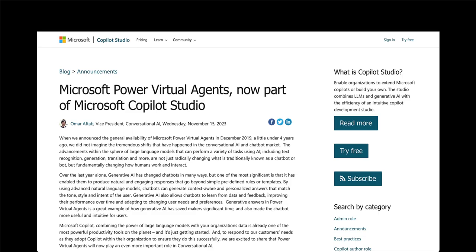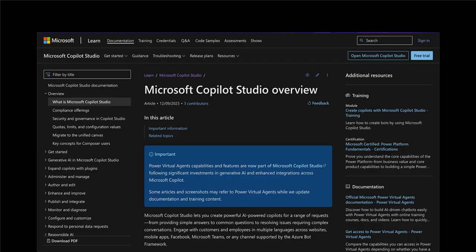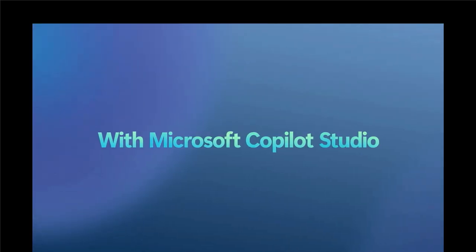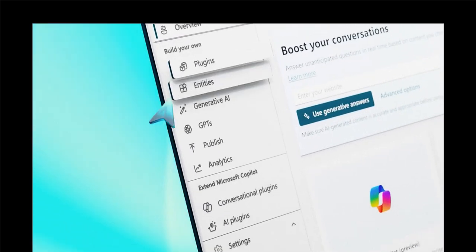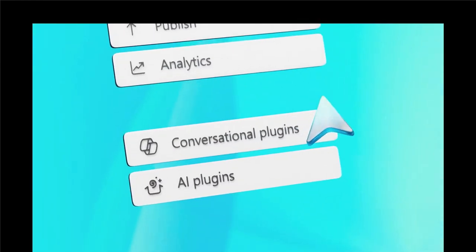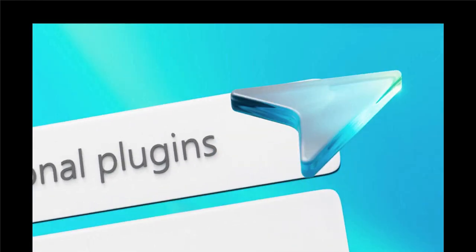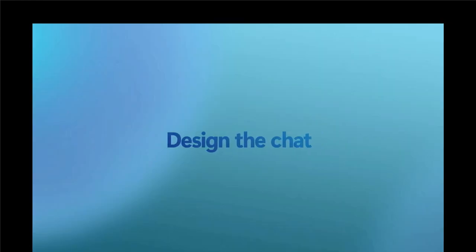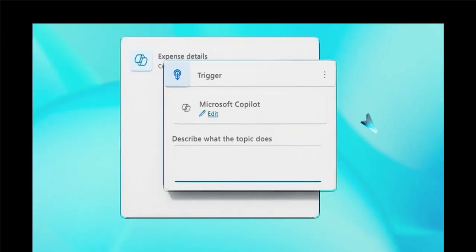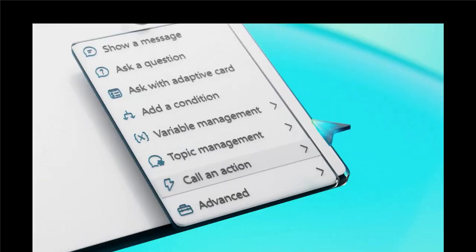Okay, so now we've got Copilot Studio, which is formerly Power Virtual Agents. You can create your own Copilot in Copilot Studio and publish it to various channels such as websites, Microsoft Teams, applications, things like that. You can create and publish standalone custom Copilots for your organization, and these can be role and function specific, such as an IT support Copilot or a Copilot to help your sales teams complete RFPs. So it's going to be really, really helpful to you and your organization.